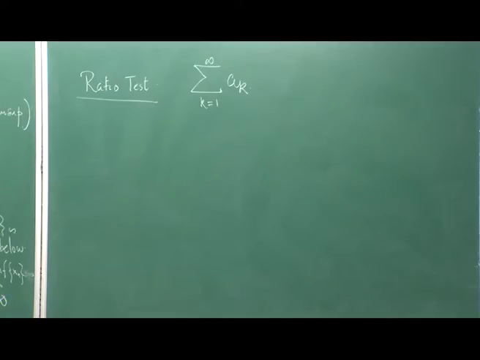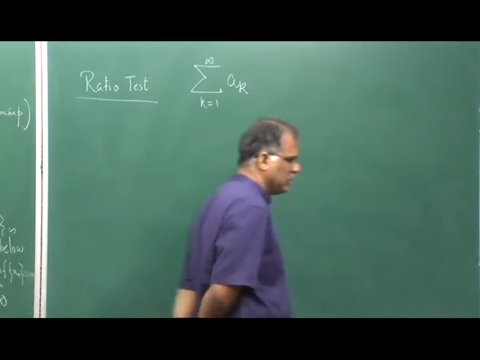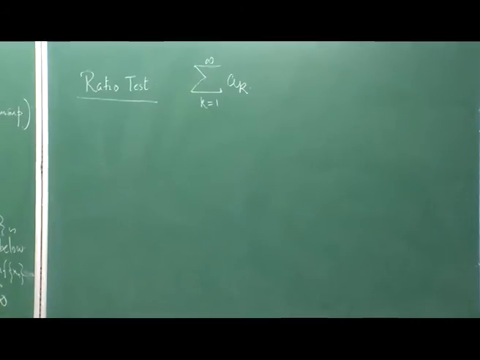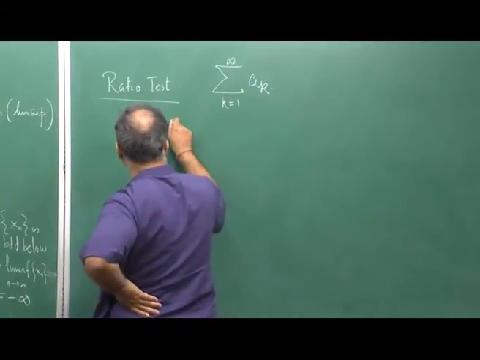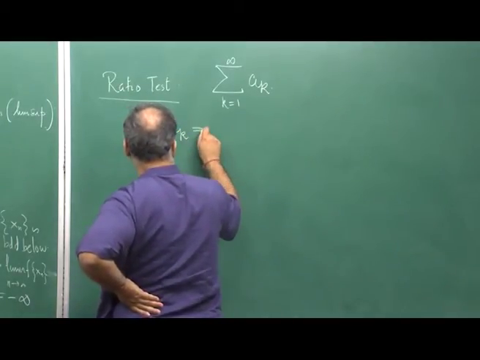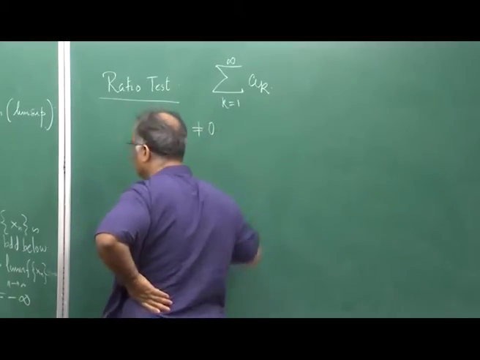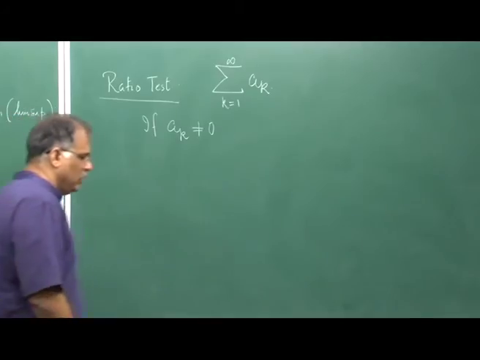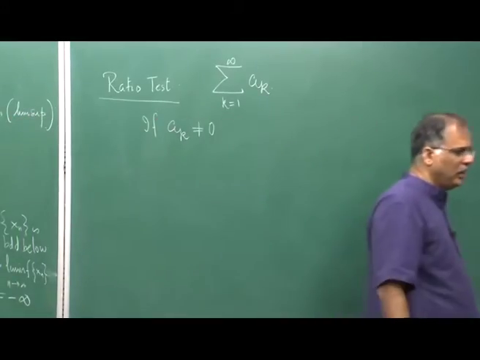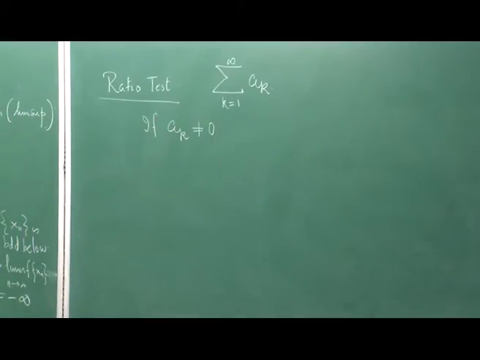How do you check it? What does the ratio test do? The ratio test, which is essentially due to Cauchy, is the following. If ak is not equal to 0, of course it has to be non-zero. If it is positive, of course, it is much simpler. If ak is not equal to 0 for all k,